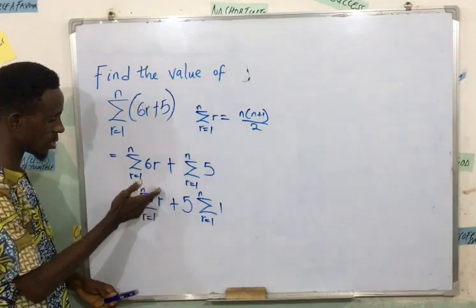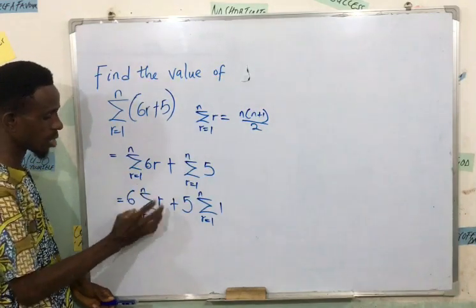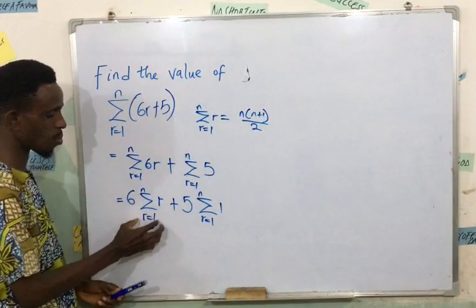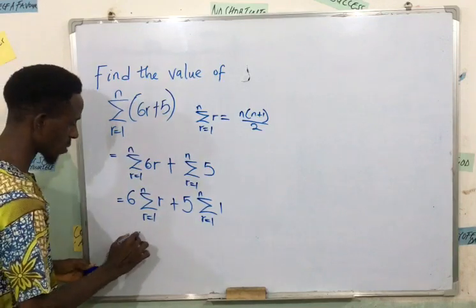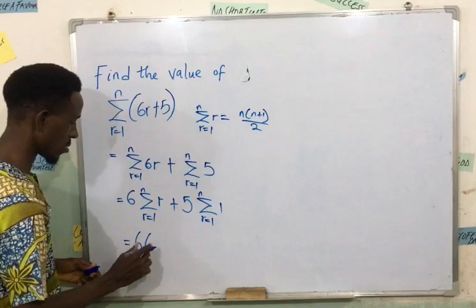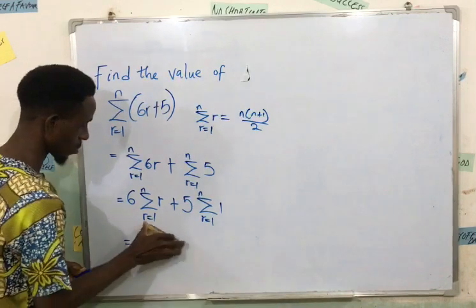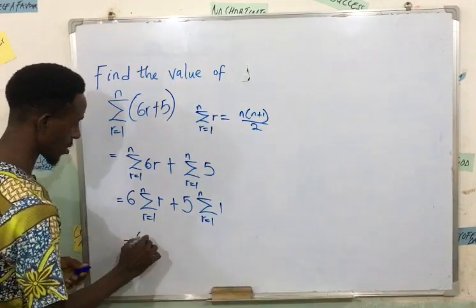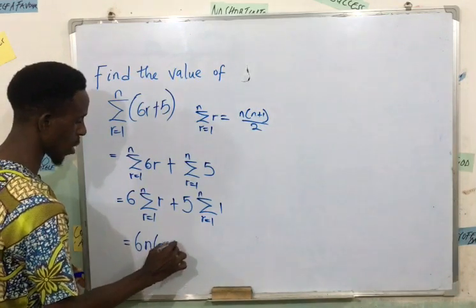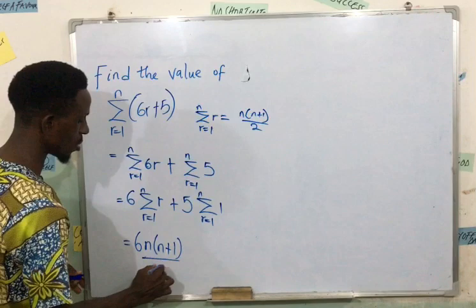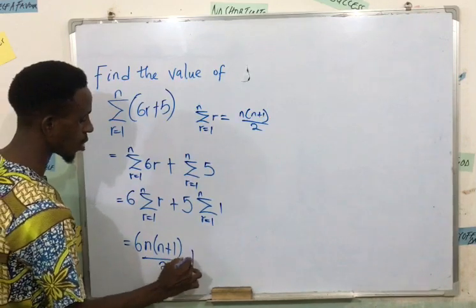And look at it, it's the same thing here. So in place of this, I'll put this, because this is the sum of natural numbers from 1 to n. So I'm going to have 6n into n plus 1 all over 2, plus